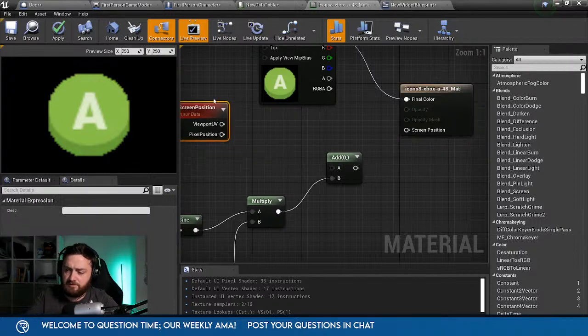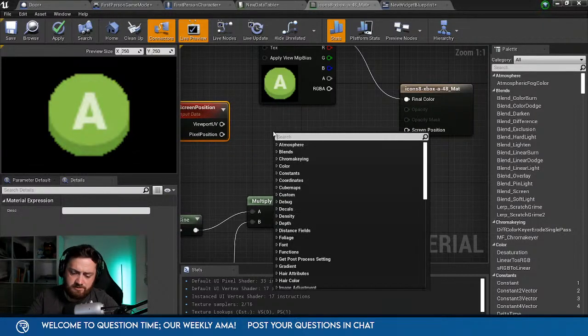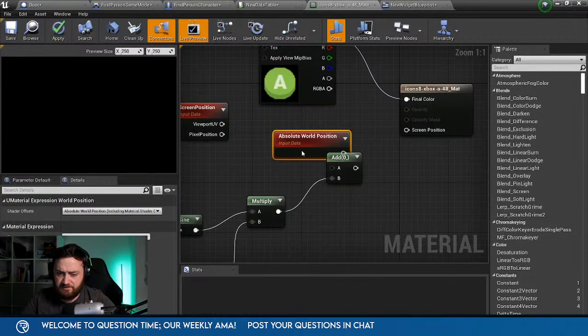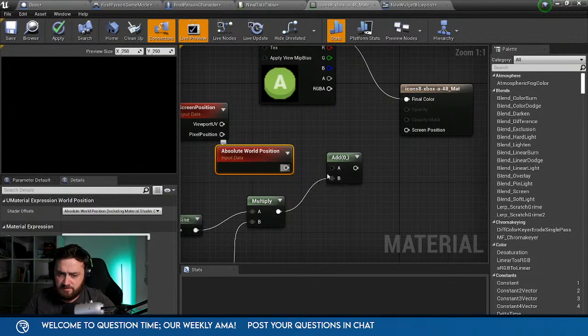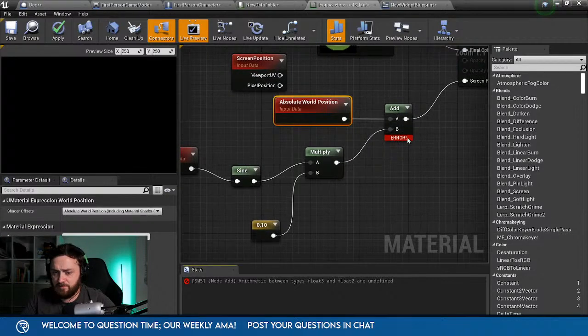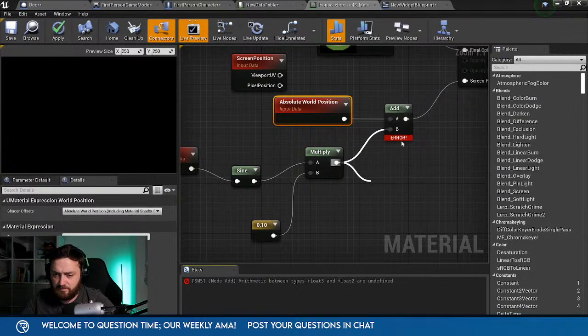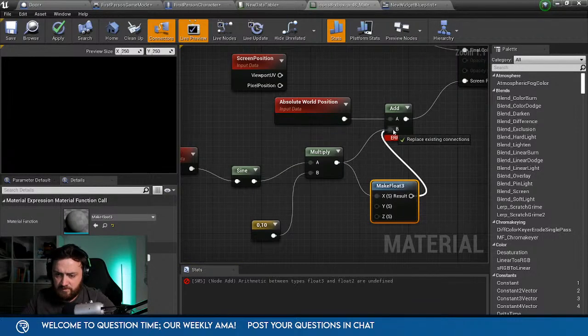Okay, so it's not this one. World position? I feel like that doesn't make much sense, but yeah, so you get this issue. Make float 3, I guess, right? No, I want to break that then, don't I?